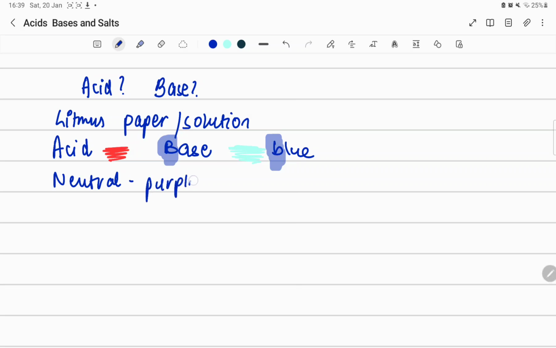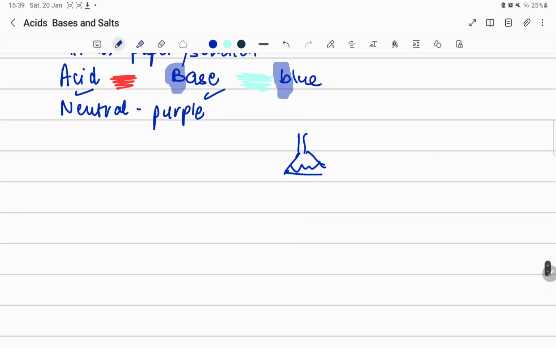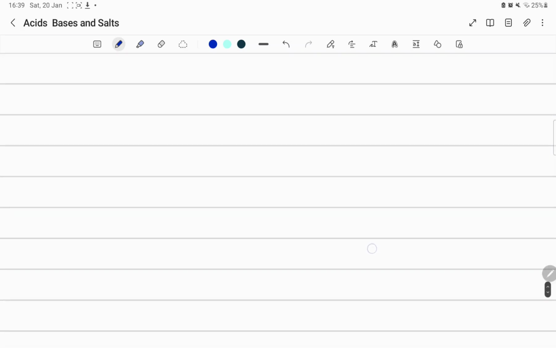However, I do not think you will need that for your IGCSEs. Then we have the same thing with a solution. You can just add a litmus solution onto whatever substance you have over here, and then it will change color according to if the substance you added is an acid or if it is a base, or if it's a salt solution. We have methyl orange,